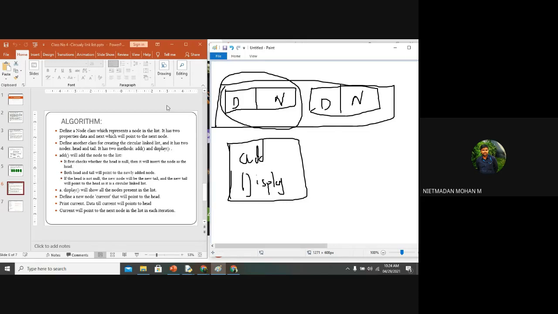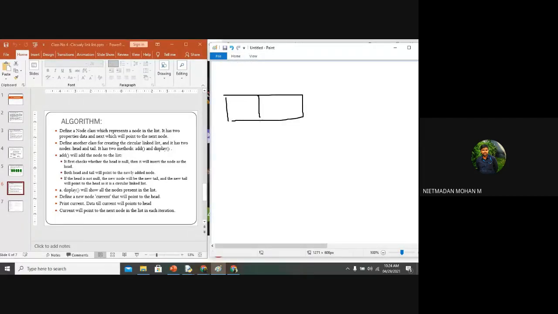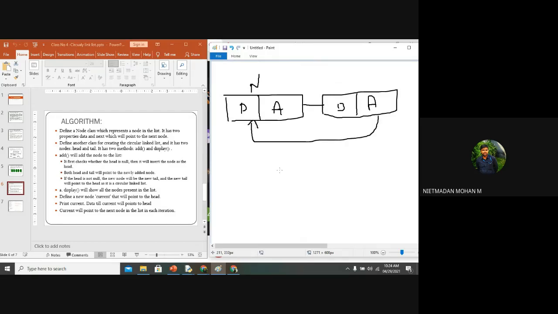In the previous example, for the singly linked list, we created only one node, which consists of data and address. In the circular linked list, we want to create an empty node which will also consist of data and address. It means that it will point back to do the circular operation.